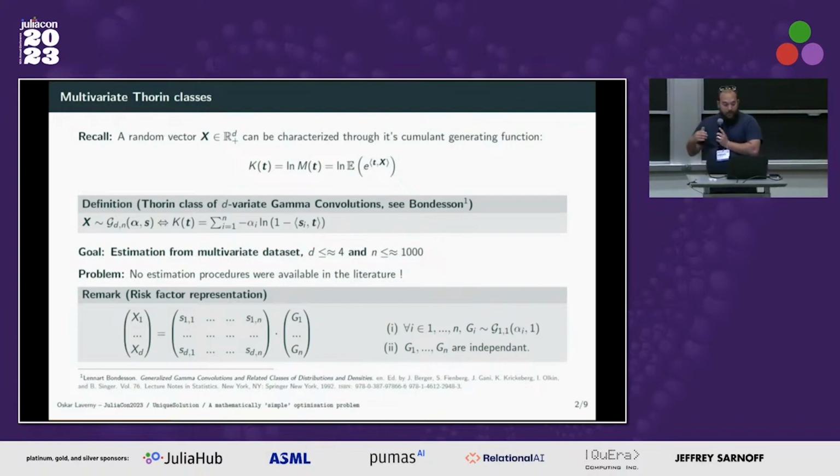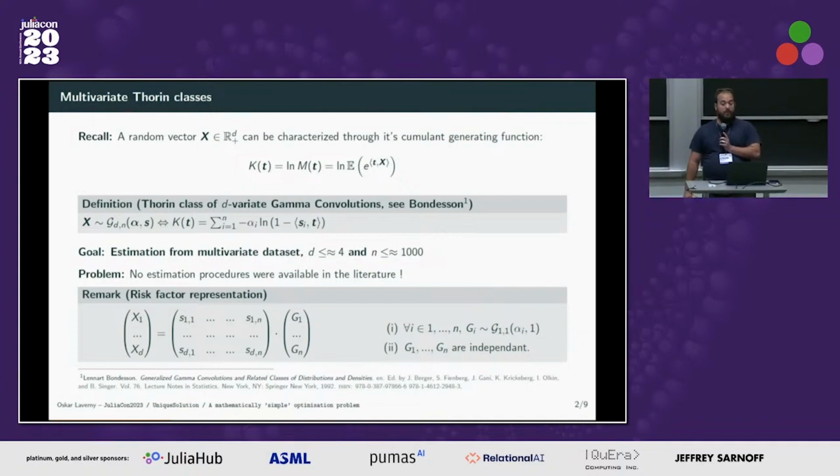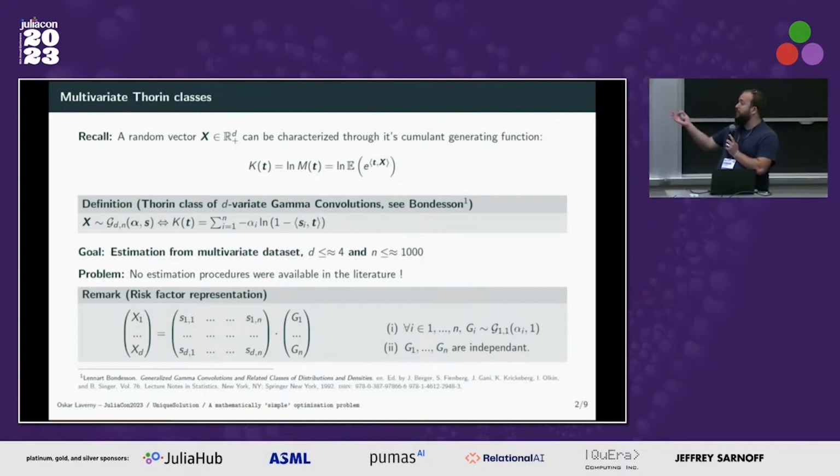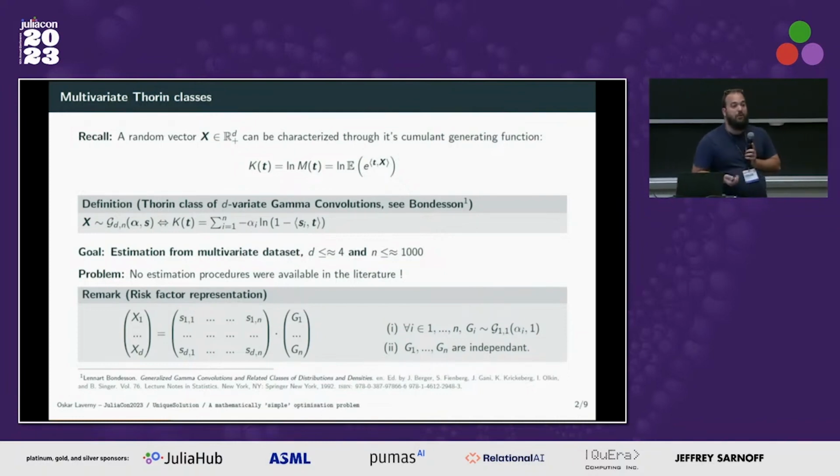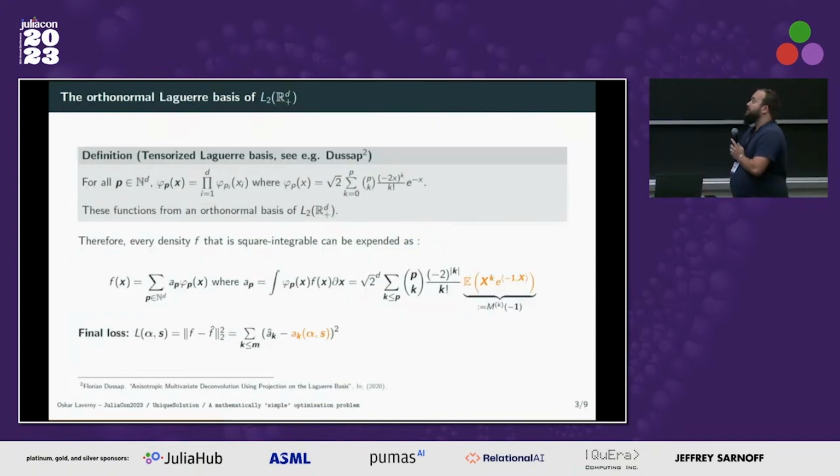And when we started working on this class of distributions in 2020, there were no estimation procedures available. It's probably because of the deconvolution nature of the problem. In fact, it's a hard numerical problem. So the first thing that we proposed is to tackle the problem by using a loss that is a projection of